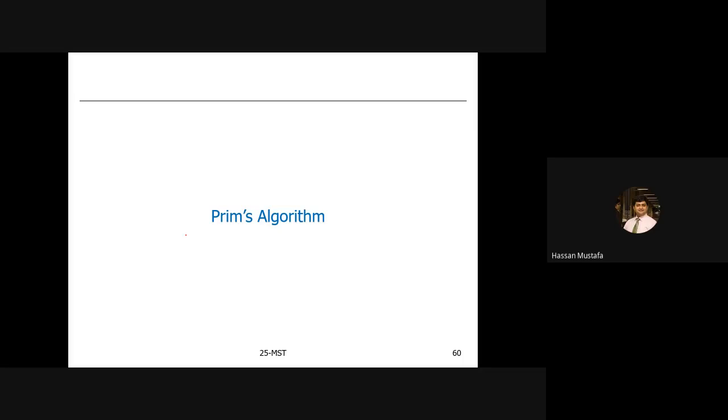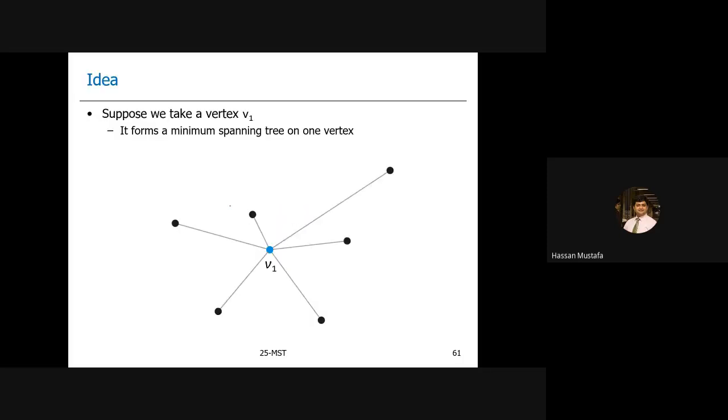In this lecture, we'll discuss another minimum spanning tree algorithm, that is Prim's algorithm. The idea of this algorithm is very simple. We start from an arbitrary vertex, maybe V1. It is connected to several other vertices. What we do is start from this vertex V1, and then we adjust the distances of all the adjacent vertices, and the distance would be the cost of this edge to the respective vertex. So we update the distance of all the vertices that are adjacent to V1, and